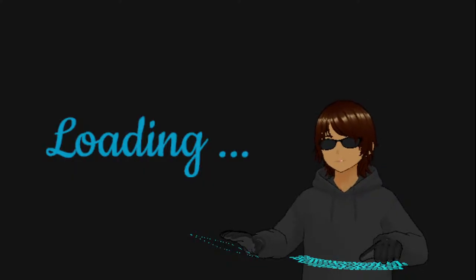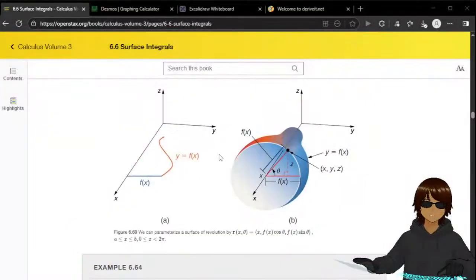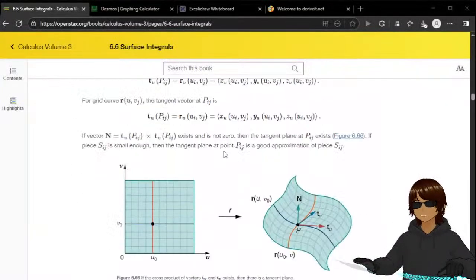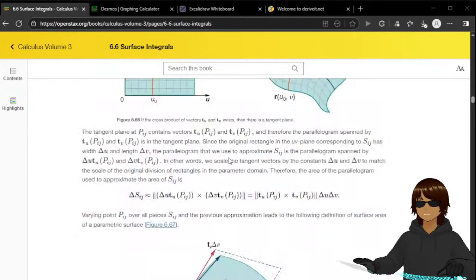So I did not finish the surface integral chapter. Last time, we covered the surface area of a parametric surface. If you have a vector valued function defined by parameters u and v, so it's defined like this, then